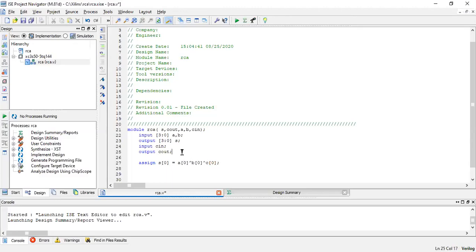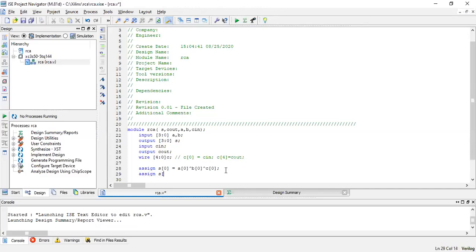Now, I told you we are going to consider wires. The intermediate signals were wires. So I will have wire, let me take wires as C4 down to 0 C. 4 down to 0 wire is C, where I'll write one comment over here. C0 is equal to C in for our reference, and C4 is equal to C out. Let us see whether it will match. So sum is this one, first one. Next, what is the second one?